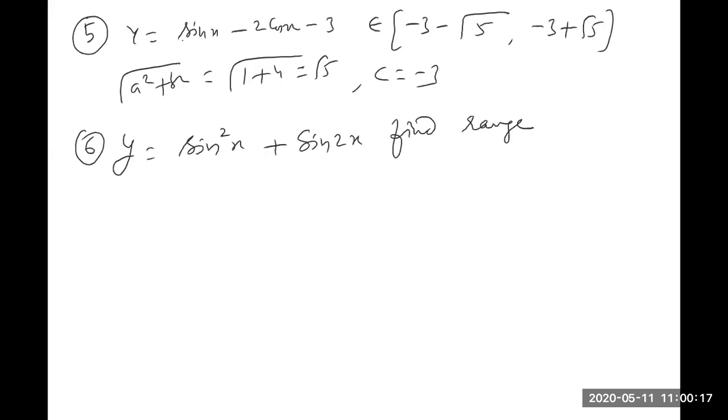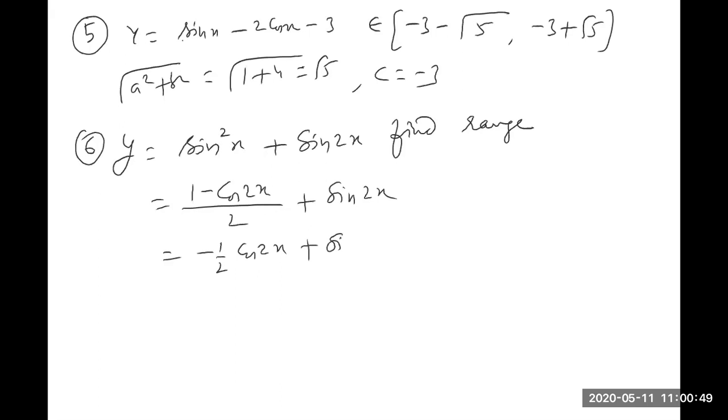So again here you can see we cannot apply that formula directly because one is sin square x, the other is sin 2x, and we don't have any formula. What you can do, if you are careful enough, is convert sin square x to (1 minus cos 2x) upon 2. So it becomes (1 minus cos 2x) upon 2 plus sin 2x. Now this question is in the form of minus 1 upon 2 cos 2x plus sin 2x plus 1 upon 2.